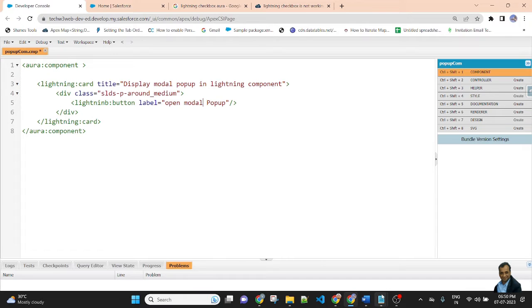This is the name of the button. Variant equals brand, and onclick pass the function name.